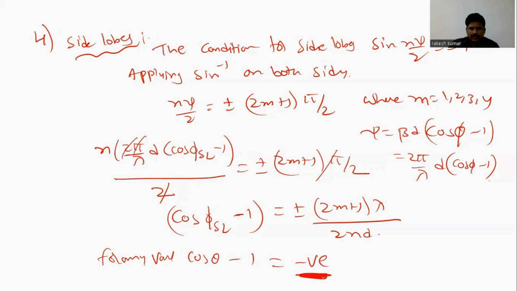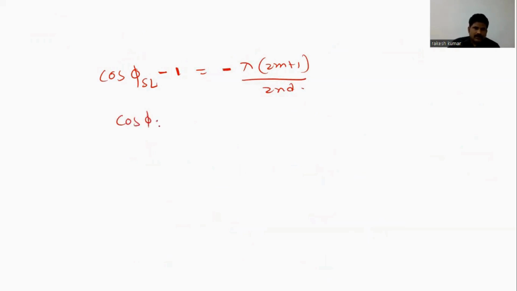Cos theta minus 1 will be negative for any value of theta. Therefore, I will consider only the negative values. Instead of plus or minus, I will consider only the negative values. So it is minus lambda into n plus 1 by 2n. So the value of cos phi_s is equal to 1 minus lambda by 2 times (m plus 1 by 2n). Applying cos on both sides,